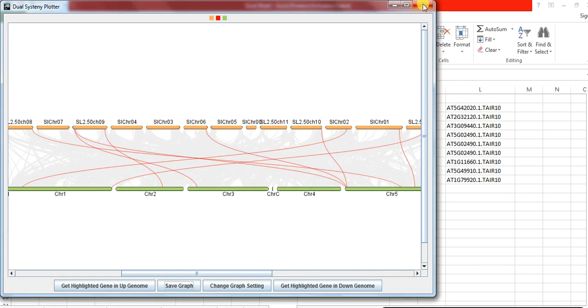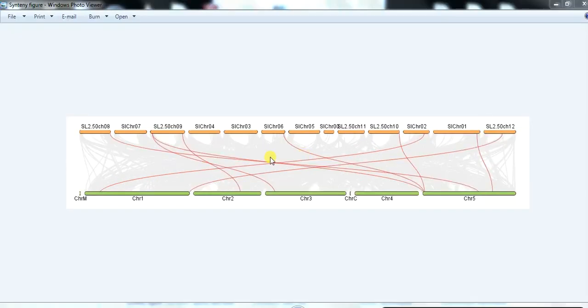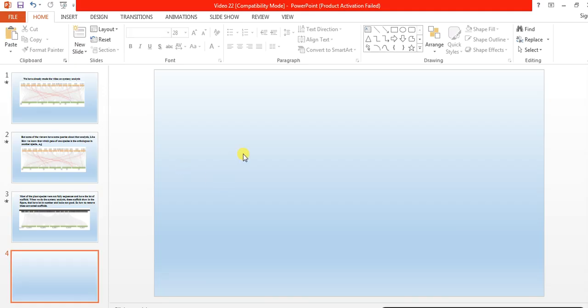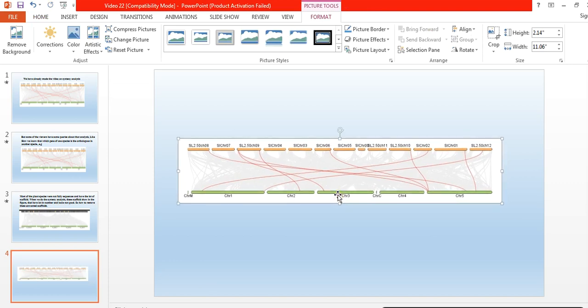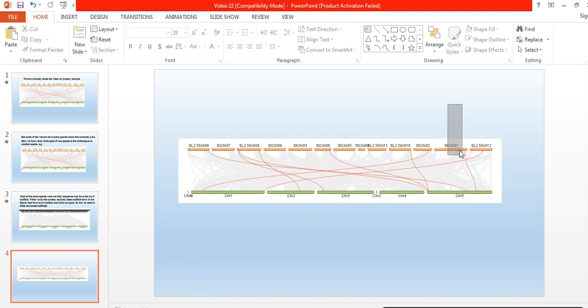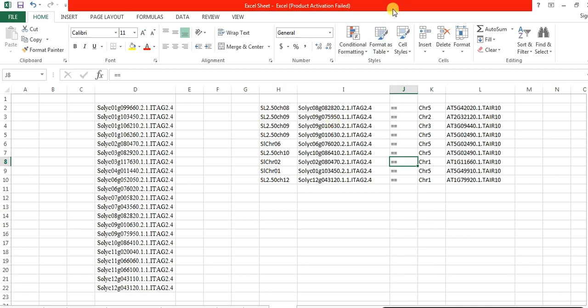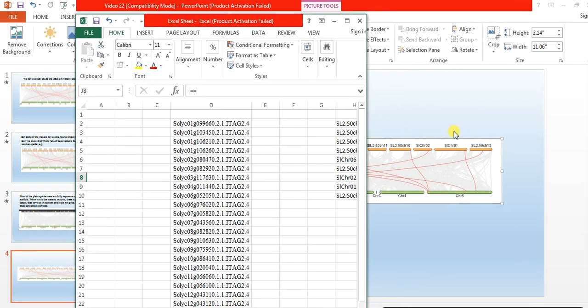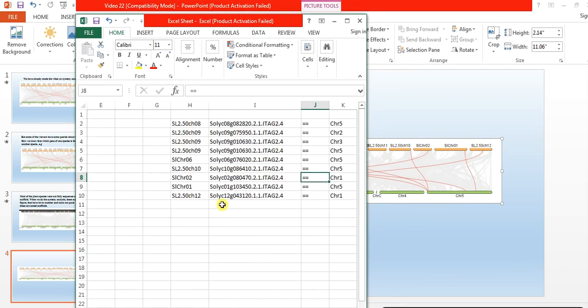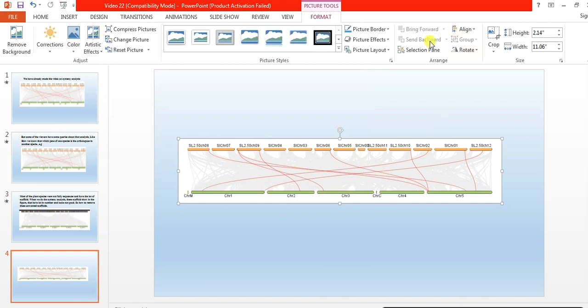Now open that figure, copy it, and here in the PowerPoint file you can paste it. And now you want to give the name of each gene. So here you see, I want to give the name of this gene. Here I can check that it is on chromosome 12. This one, the locus. So you can copy this name here,